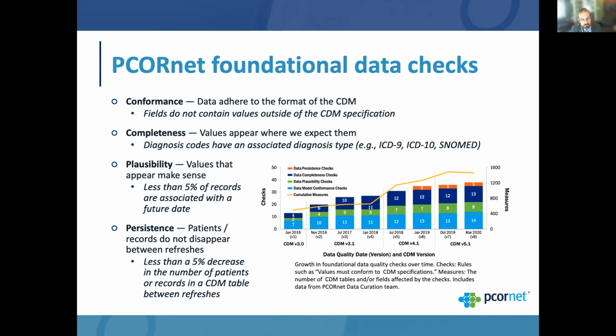And so the graph on the right illustrates the growth of the data checks within PCORnet. The bars represent the number of data checks that we have in the different categories. We're approaching 38 data checks, and each of those checks can be translated to look at multiple things within the data model. So we call those data check measures. For instance, if we're looking at the requirement that all the tables be present, and there are 20 tables in the data model, that might be 20 different things that we check. And so we're up around 1,400 or so measures that we look at